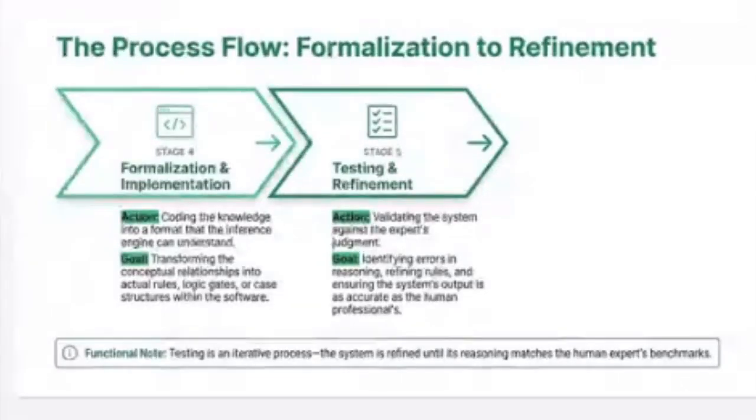And then the last process is testing and refinement. The action being done here is validating the system against the expert judgment. And the goal is to identify errors in reasoning, refining rules, and ensuring the system's output is as accurate as the human